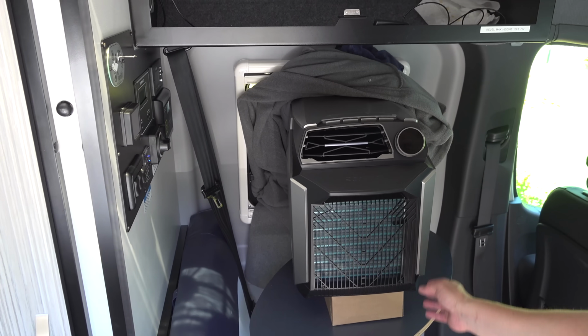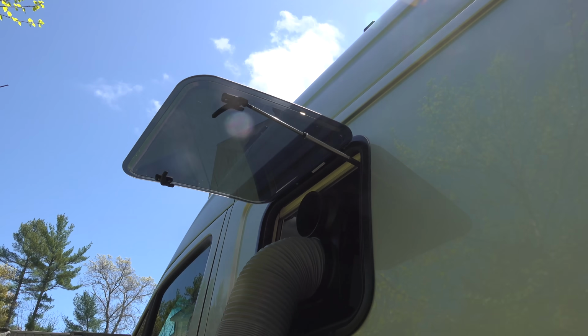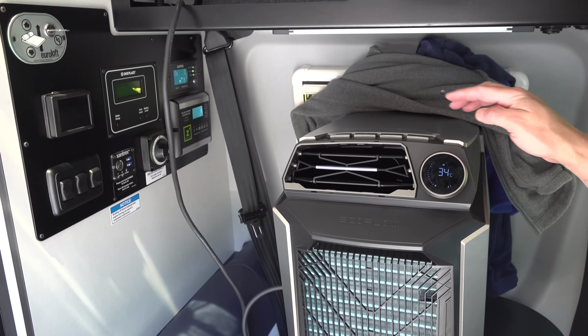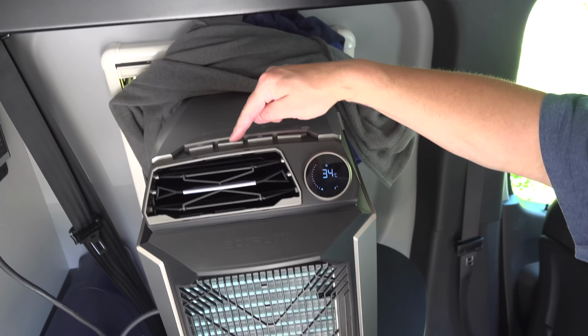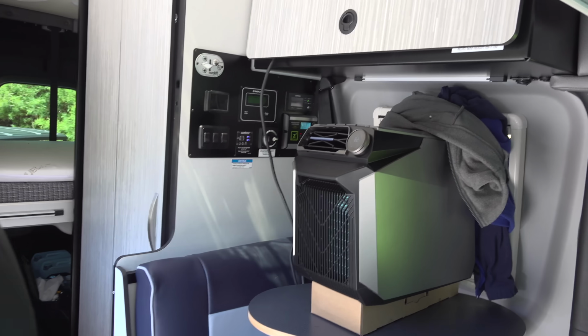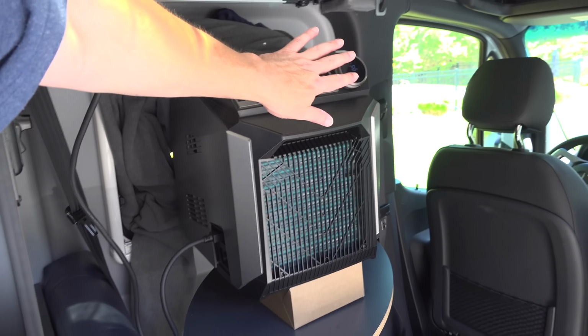I also ended up taking the exhaust hose off because I didn't really need it. It could fire straight out, and that bottom hose, which is the intake, had no problem at all pulling air in. I turned the unit on, closed all the doors, but I still left all those blinds open, and that's certainly not going to be good for efficiency. If you're using this for real, you're going to want to try to reduce the amount of sunlight you have, try to park in the shade, but this was going to be the worst test possible to see if this thing was actually capable of cooling down a space. All right,